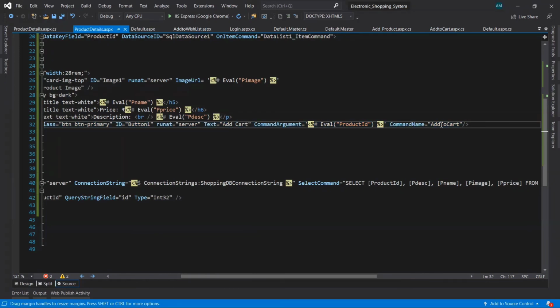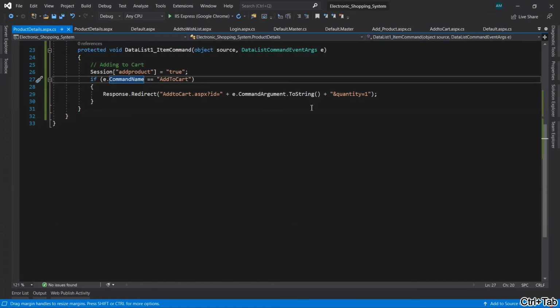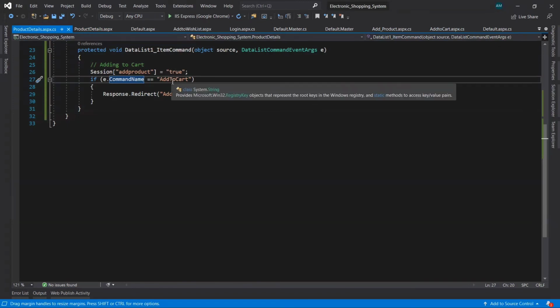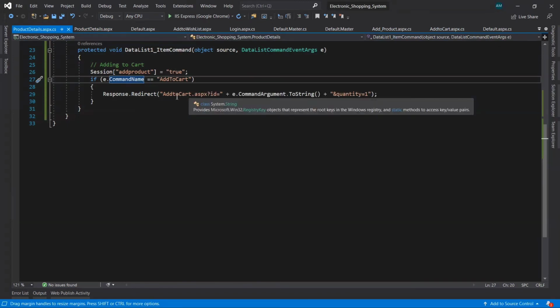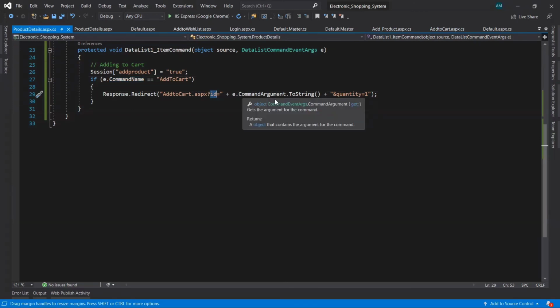In there we have given the command name add to cart, so it will find the command name from there. If it is matched, then it will redirect the user to the add to cart page with the ID. What ID is it going to take? That is the ID of that selected product, which is going to be added